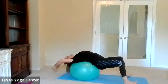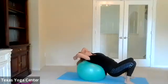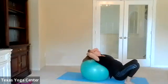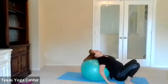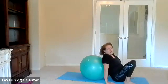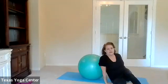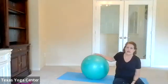Stay there and enjoy that. And then when you're ready to come down, remember, don't pop your head up. You get there, you stabilize, and then very slowly take this serious. Bring your head up, and then come back to sitting. So those are my two favorite things to do using what I call the yoga ball,